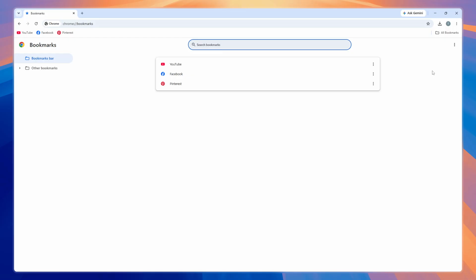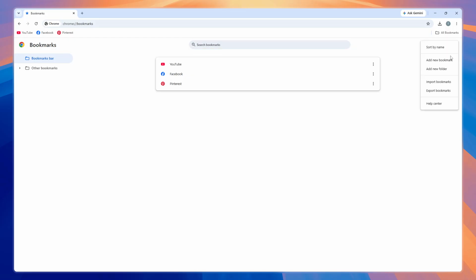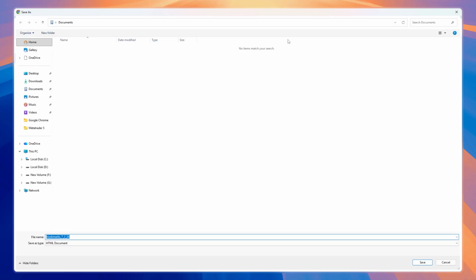Now that you're in the Bookmarks Manager, look at the upper right corner of this page. You'll notice another set of three dots there. Click on these three dots to open another menu specific to bookmark management. From this menu, select Export Bookmarks. This is the key feature that allows you to save all your bookmarks into a single file that you can